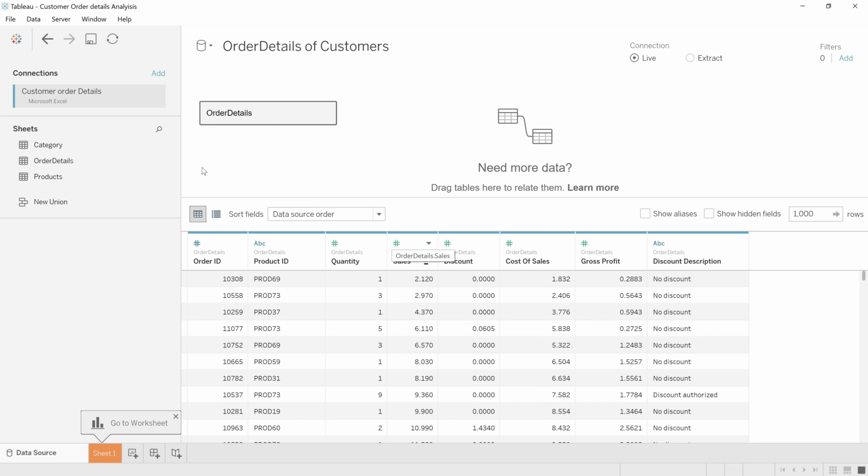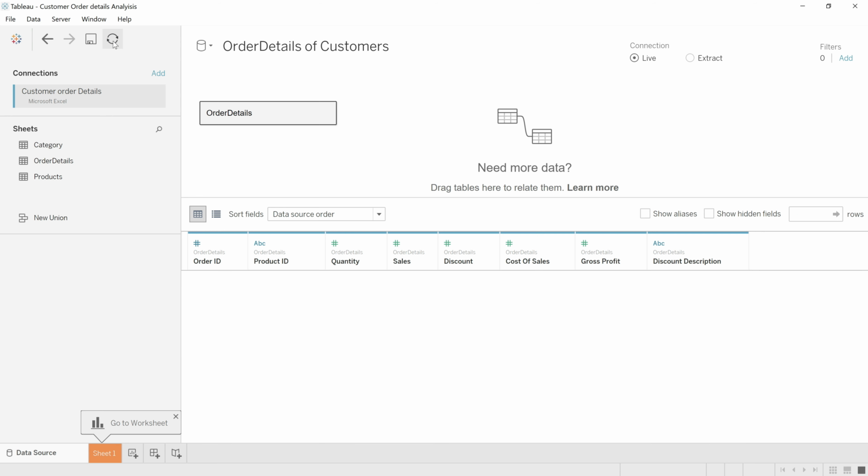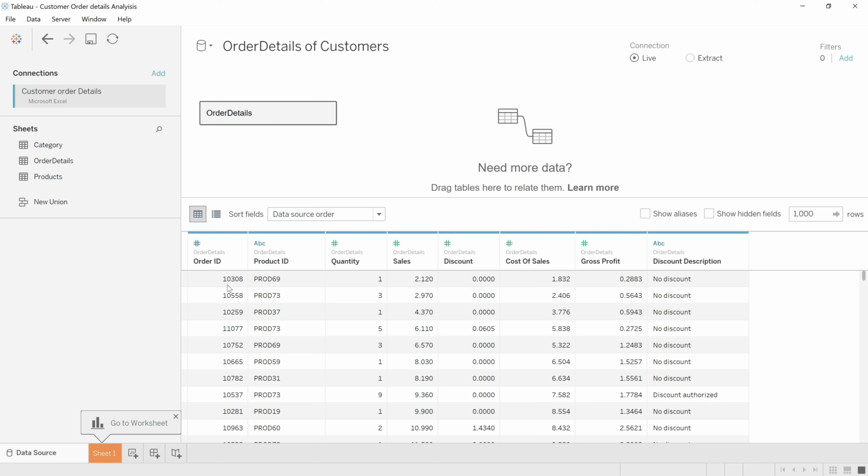So I have done the changes and clicked this save icon. In case you want to refresh your data source, that's also possible by clicking on this refresh icon. The refresh is done. Now we are good to go to our worksheet.